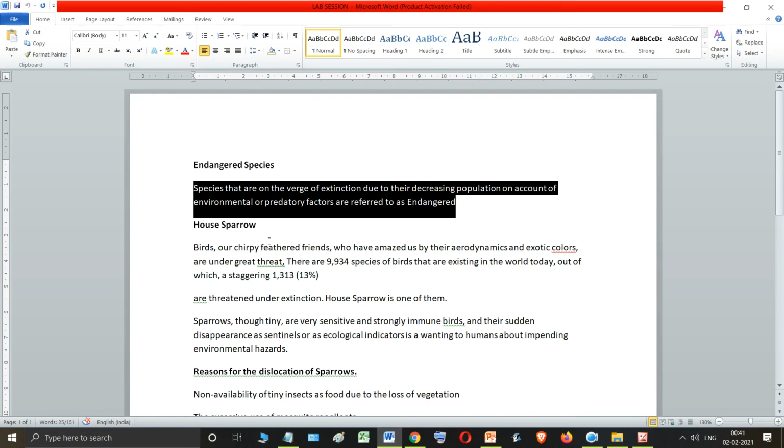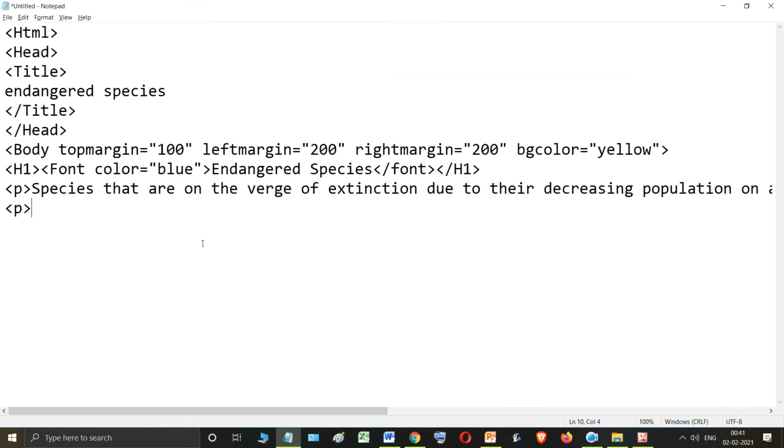I have already typed it here. Now they are telling us to make the heading level 2, so I'll type h2, and then I'll close h2 over here, and then I'll close the paragraph.